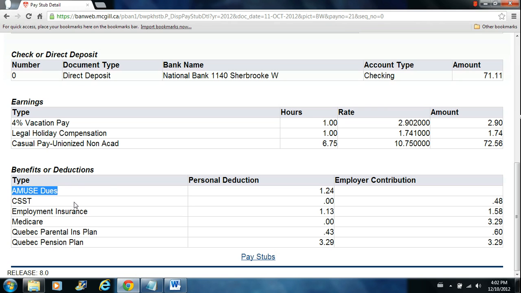Additionally, if you don't see this dues deduction on your pay stub but believe you should be an AMUSE member, or if you do see the deduction but think you've been misclassified and should actually be classified as a MUNACA worker or with one of the other unions on campus, make sure to talk to your manager or HR representative and/or a union representative. At the right, you can see how much the AMUSE dues add up to